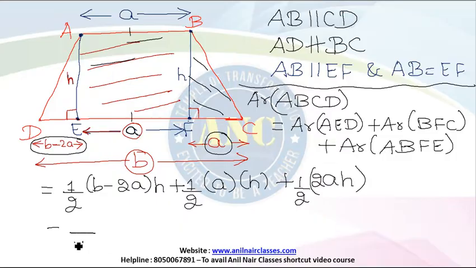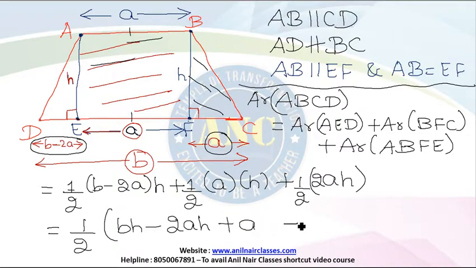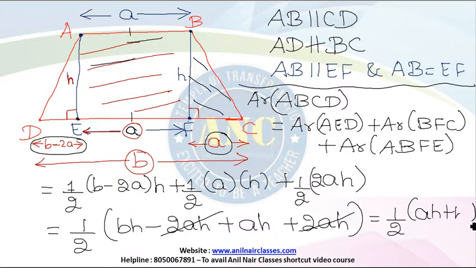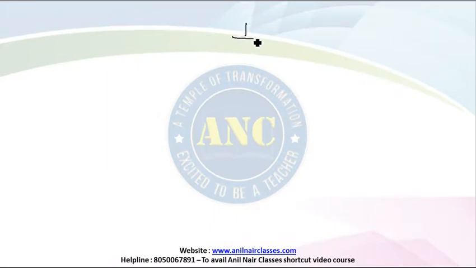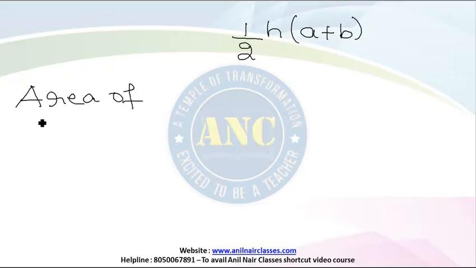By this, if I take half common factor, this becomes BH minus 2AH plus AH plus 2AH, and minus 2AH plus 2AH cancels. You are only left with half into AH plus BH. If I take H common factor, it is half into H into A plus B. Or in a very important way, I can say that area of trapezium, very important point, area of trapezium is